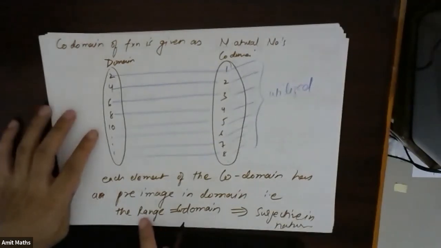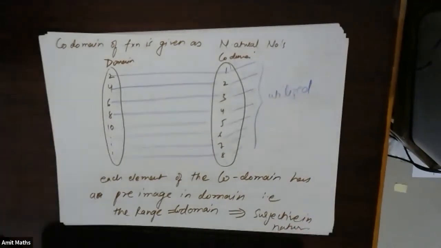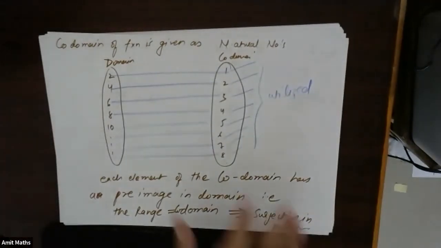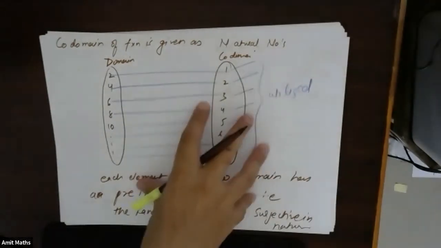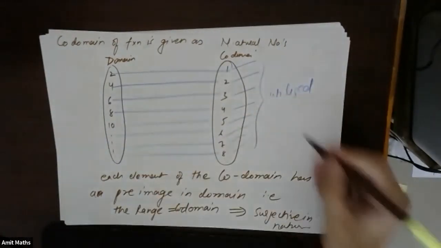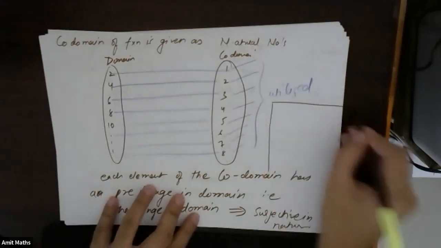Okay, if the range is equal to the codomain, this is surjective in nature. Understood? Does everybody understand? Now, how do we prove it mathematically? Now what will we do? Let's take